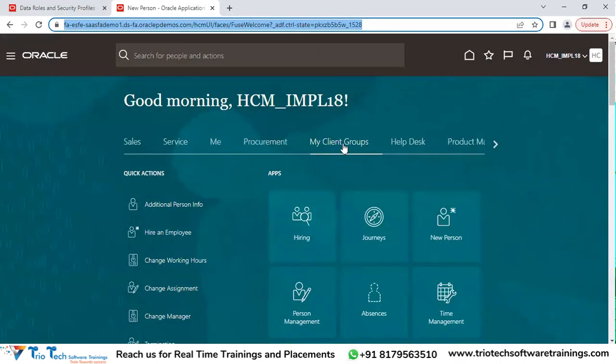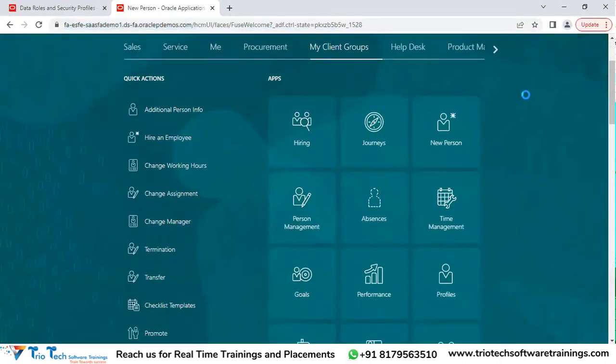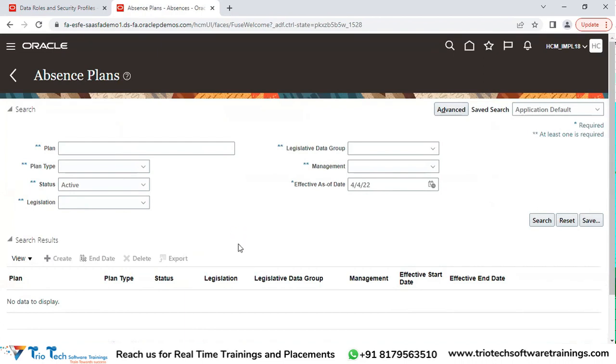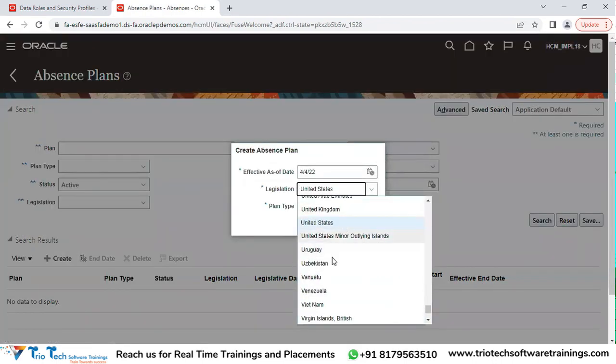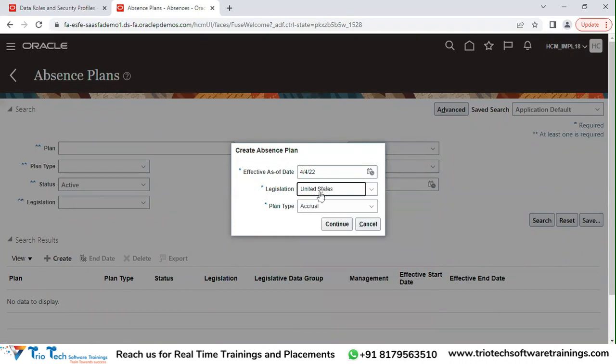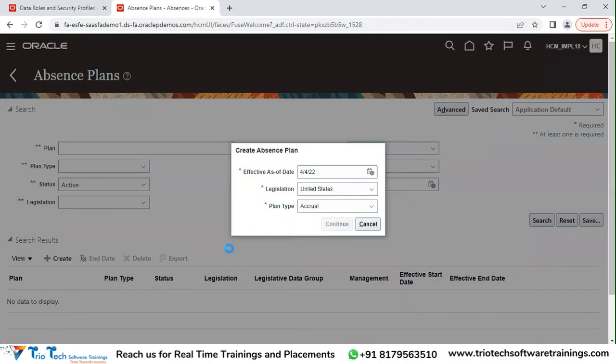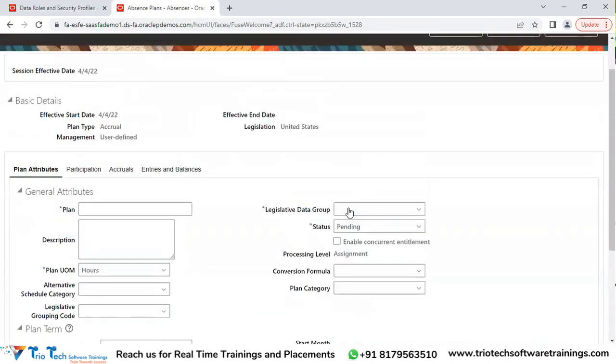Currently in the system, if I go to my client group, and go to, let's say, absences, and define a plan, let's assume, team. When I click on the create button, see, all countries I'm able to get access to in the system. Why are all of them coming? As I am part of Tata Automobiles, which is part of India, I should have access only to India. Why is every other country coming? Even then, if I get into my country, when I am trying to create a plan,